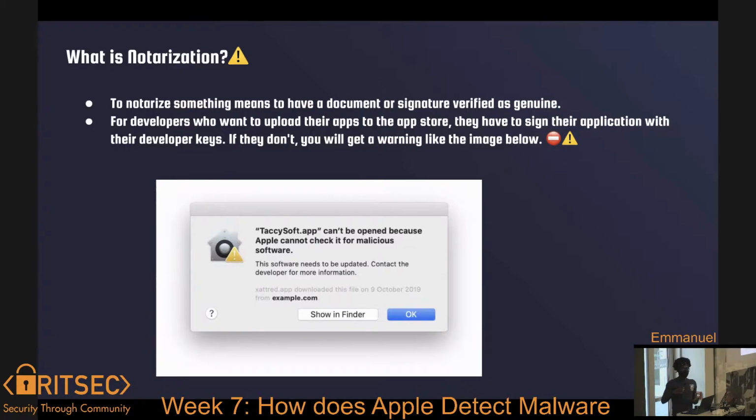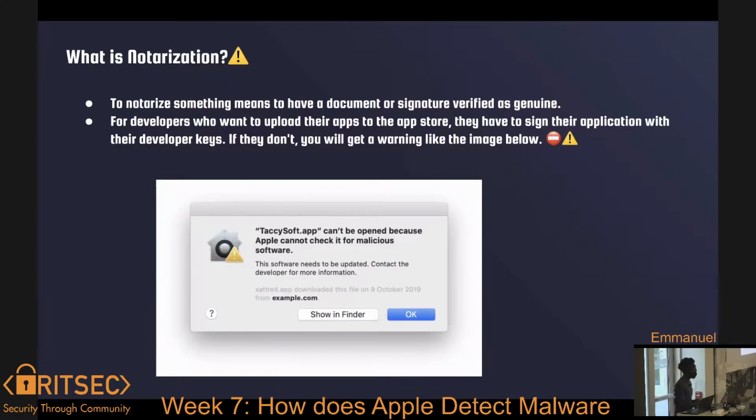If you don't, every time the user tries to download your app and run it, they get this beautiful message saying, hey, macOS cannot detect if this is malware or not because we cannot verify the developer's signature. So it tells you, are you sure you want to run this? Behind the scenes, it does a lot of magic. I think we'll get to it later on. But for now, if you try to run an application that's not notarized by Apple, you get this message and you can either delete it or bypass it. There's a way to bypass it.